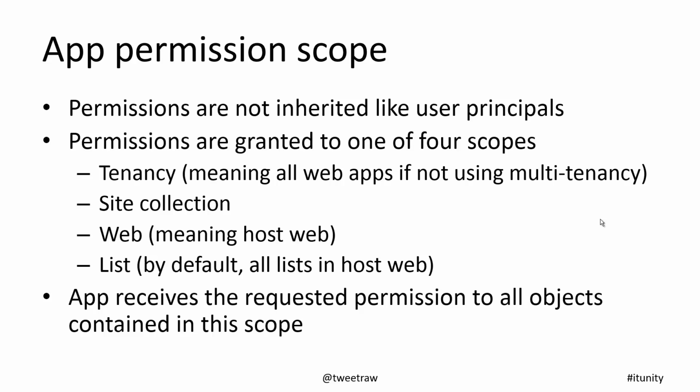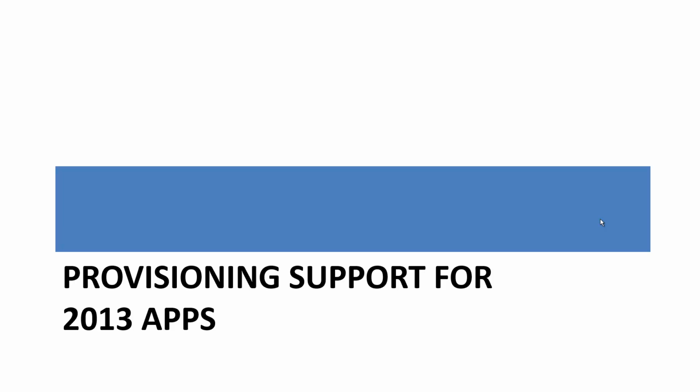So again, I would pick the scope, I would pick the level of access, and that's then what would be granted to the application, to the app principal upon provisioning. Okay? All right, so we've talked about the app receives requested permissions to all objects contained in this scope at provisioning, right? That's what trust, as we've already seen, really means. Okay, all right, so we've already seen this demo. We've reviewed the app web URL. So let's go ahead and move to our second